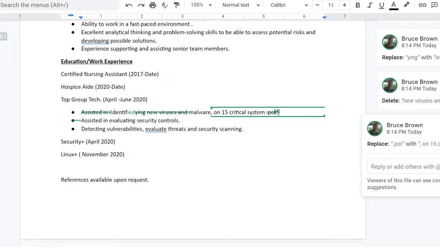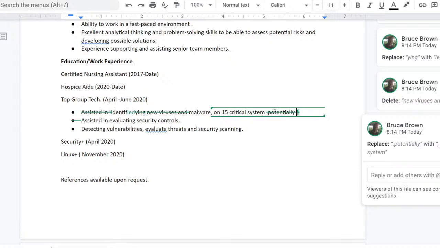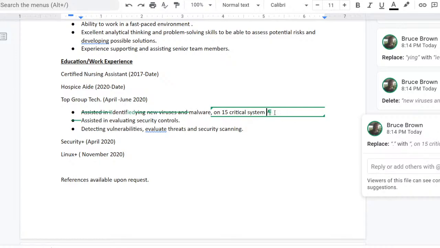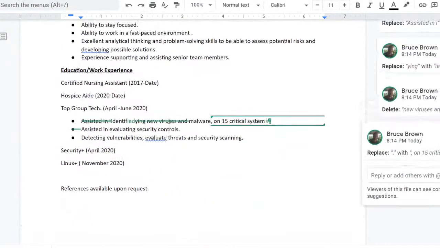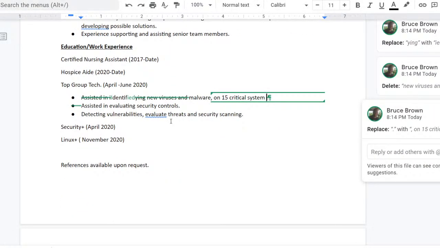Potentially bypassing. Wait, no. Okay, let's see. I don't have enough information here, so it's really hard to write this. I'm making stuff off the top of my head, this is basically me writing a full resume with no information. I need more information. So I'll just do this one, and then I'll tell her, hey, look, I need more information like this. Okay, on 15 critical systems,